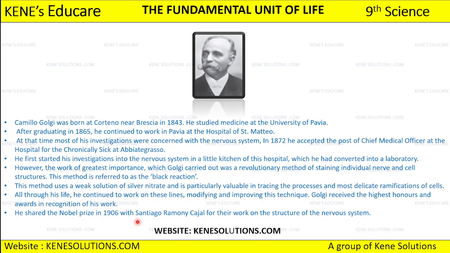Okay, so see, however, the work of the greatest importance with Golgi, the most important work that Golgi had carried out, was a revolutionary method of staining individual nerve and cell structure, and this method is referred to as a black reaction. So उन्होंने जो छोटा सा स्मॉल किचन था जिसको उन्होंने लैब में कन्वर्ट किया था, he had made use of it, and he had given us a revolutionary work. So what kind of revolutionary work we have? So उन्होंने क्या किया, हम सबके नर्व को, what he has done,